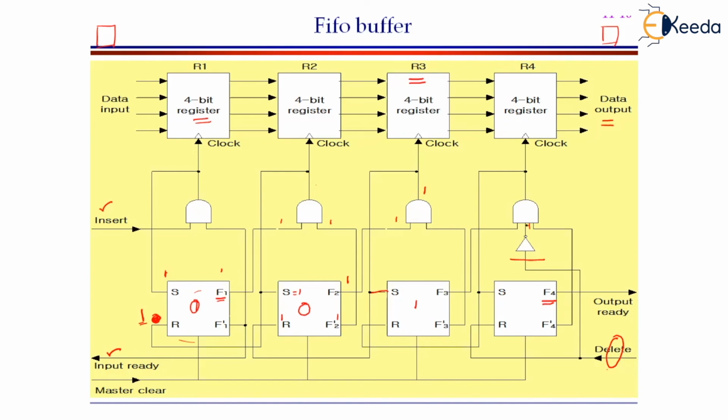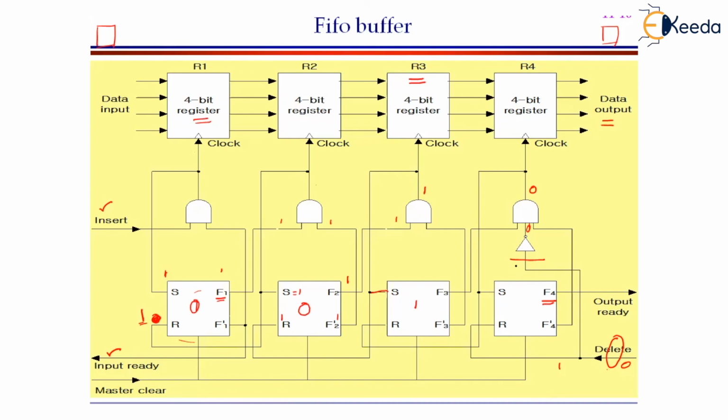When this is equal to 0, the output of the AND gate will be equal to 0. How to make the output of the AND gate 0? This delete line will be initially equal to 0. And you know that it is connected to the reset button. This reset button must be equal to 1 in order to state that this flip-flop is already reset. Now this 0 becomes 1 and it is connected to the reset. And now this delete line is also connected to the NOR gate. But it should not be equal to 1.